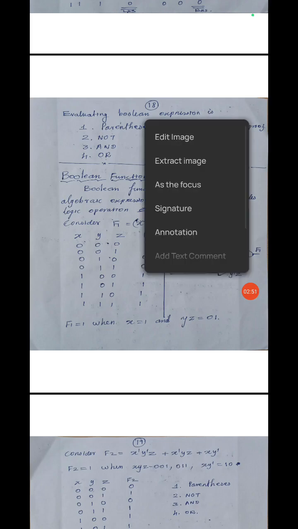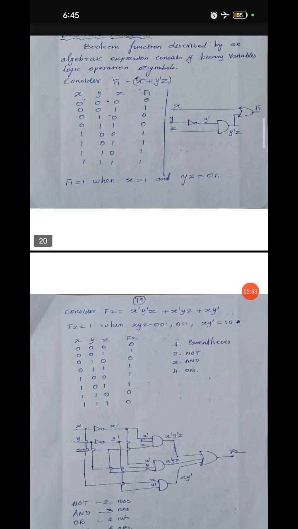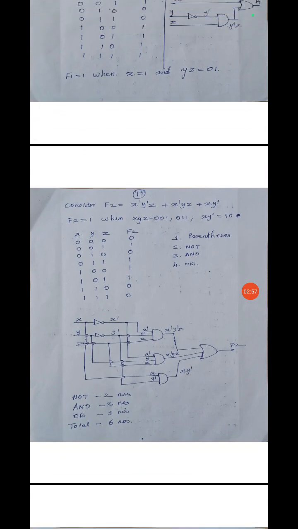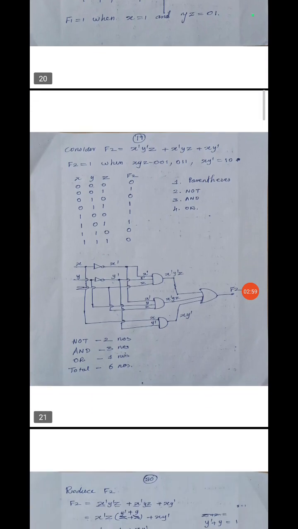Then Boolean functions. They will give one function, f equal to x plus y dash z. It's an example function. By using this function, you have to implement the logical circuit diagram. As a second example, they give one function, then from the function you have to implement the logic circuit,